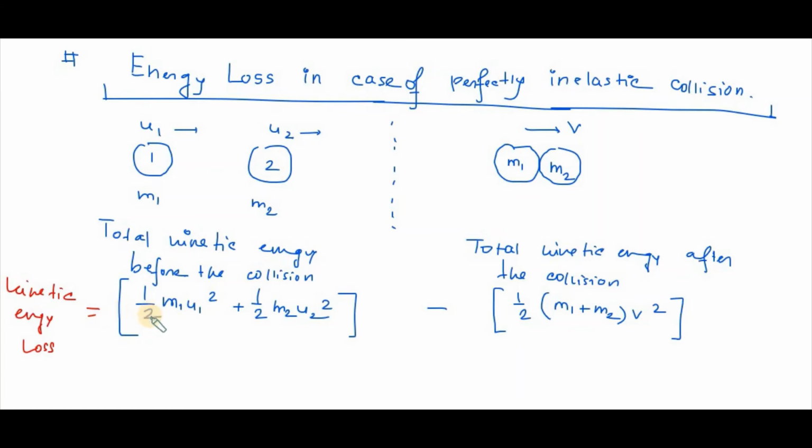We know that total energy will always be conserved. There cannot be energy loss in case of total energy. That means whatever the total kinetic energy loss is, it will be converted into some other form of energy, and that other form of energy we can consider in terms of heat energy or thermal energy, or sound energy. So it can be justified that the amount of kinetic energy which is reduced in case of collision is converted into other forms of energy in terms of heat or sound.